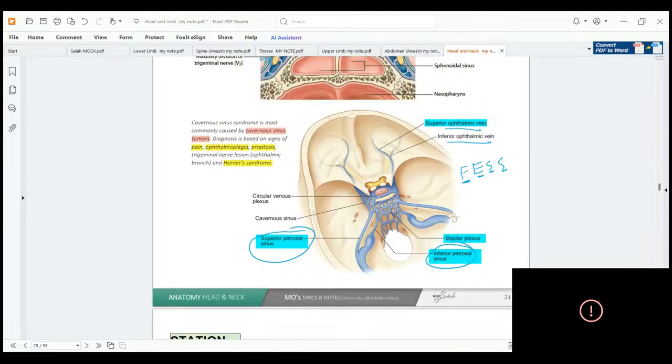Superior ophthalmic vein and inferior ophthalmic vein, and we have